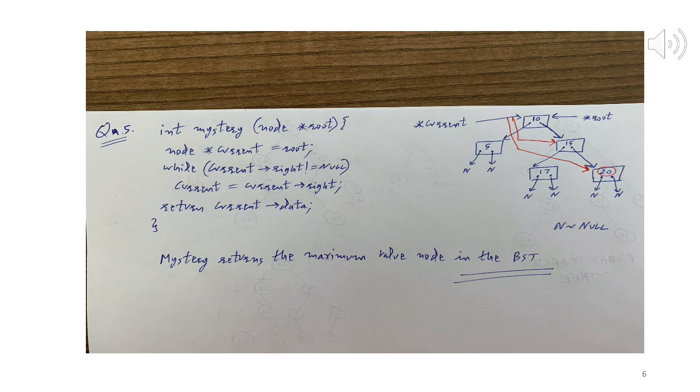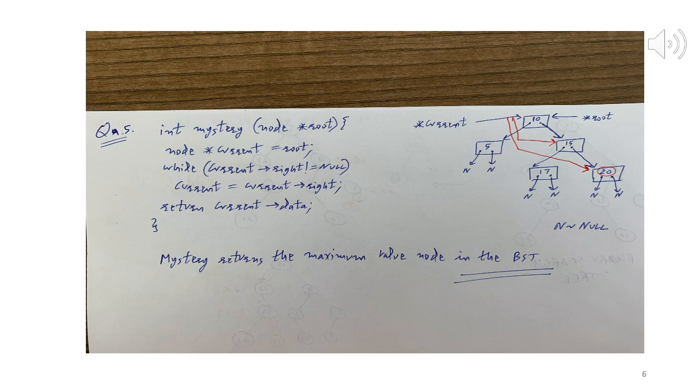It's a pointer supposed to point to a node. So now current will point to the starting memory address of node 20. In other words, to put it simply, current points to node 20. Now is current arrow right null or not? Again, executing the while, current is now pointing to node 20. So what is current arrow right? The right child of node 20. That happens to be null. So while current arrow right is not equal to null becomes false, because current is pointing to node 20 and current arrow right is null. So null is not equal to null: false.